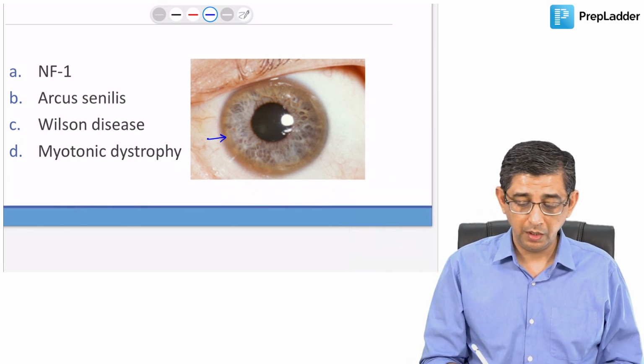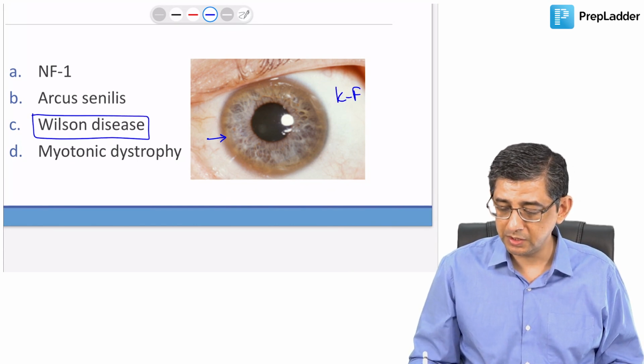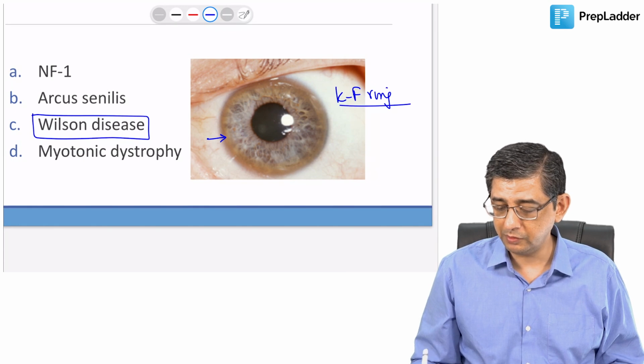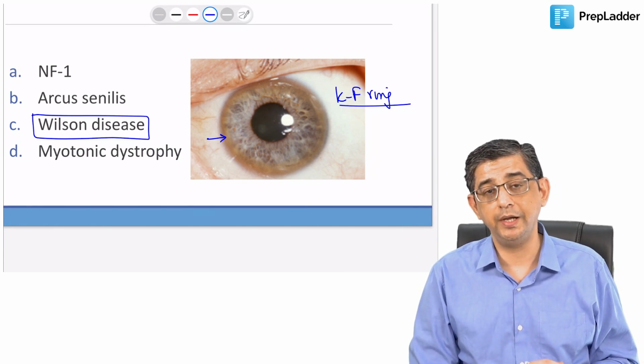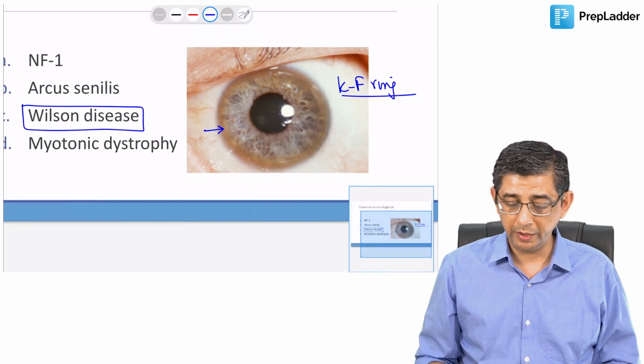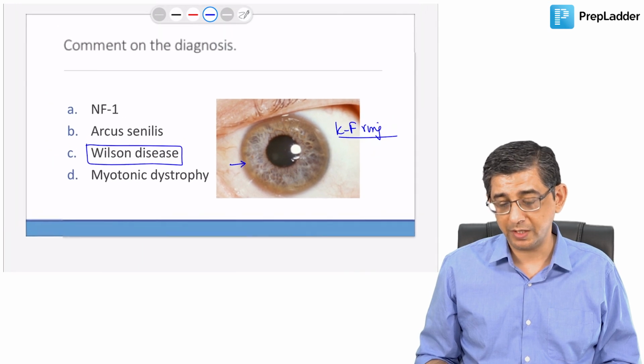This is gonna be KF ring. KF ring is what you read with respect to Wilson disease. For management of this condition, zinc acetate would be used, and D-penicillamine can also be used as a chelating agent. The main highlight of this MCQ would be the greenish ring or brownish green ring present in the periphery of